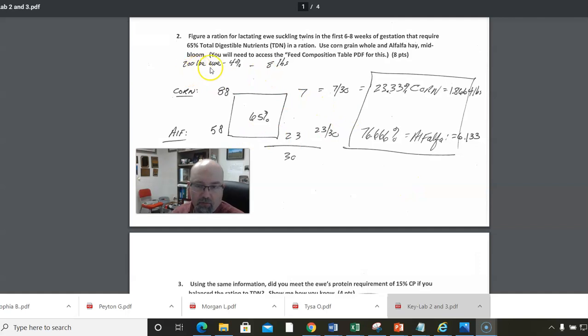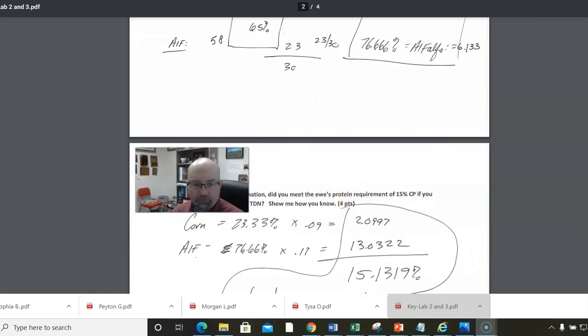Let's say that 200-pound ewe was eating 8 pounds a day. If we divide that out, then that actually comes to 1.86 pounds of corn and 6 pounds of the alfalfa. Okay, now on page 2,